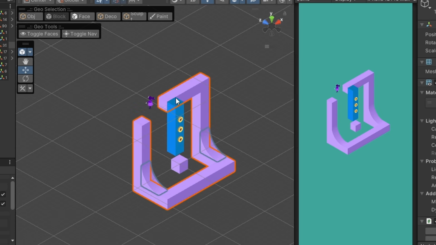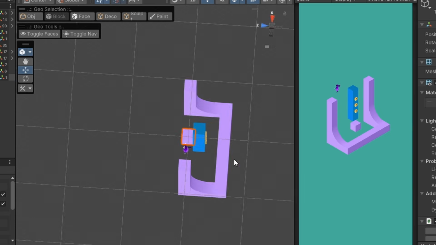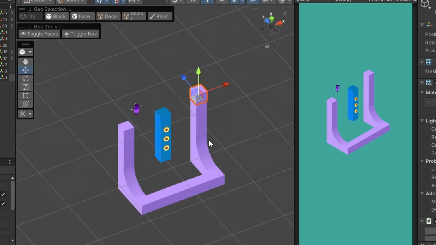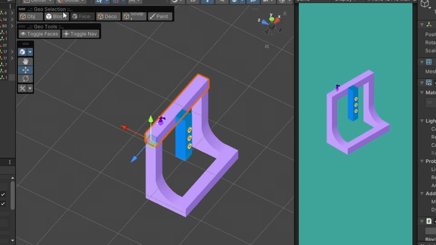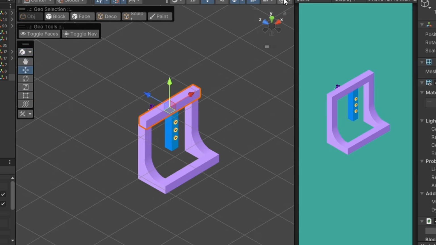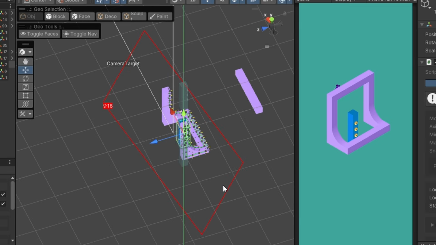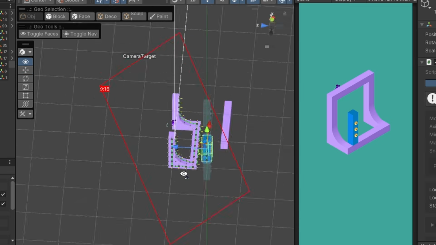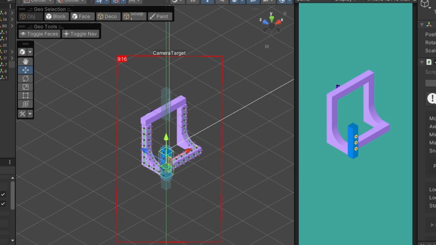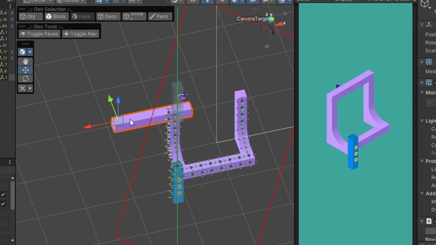To do this, we're going to need to split our single piece of geo in half. We'll then move this top part forward in perspective in the scene, and the bottom part backward in perspective in the scene. We'll keep the moving platform in between these two pieces so we can get the effect to work. Okay, when we try that, the effect works, so now we just need to do a couple more things.